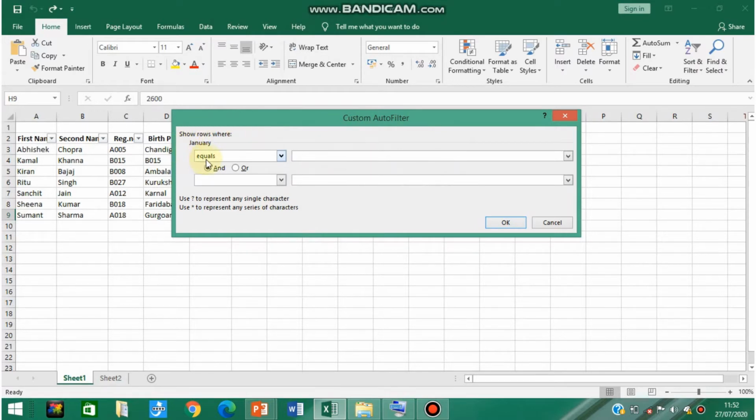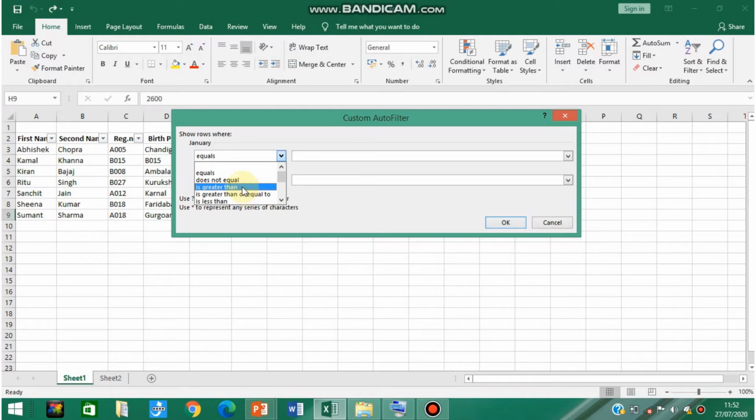Here, on the January column, I am going to apply the custom autofilter. In the conditions box, select the drop-down list, and from this list you can select whichever condition you want to apply on that column.